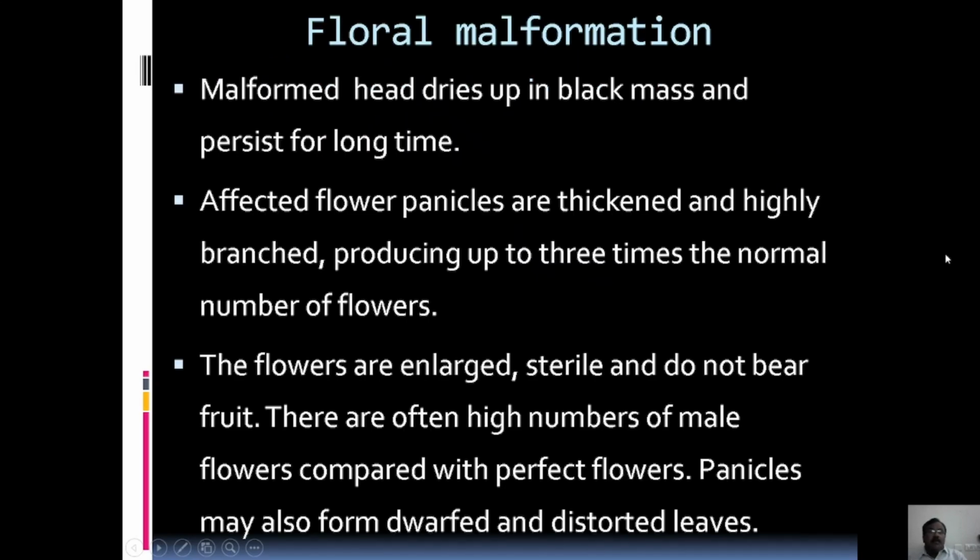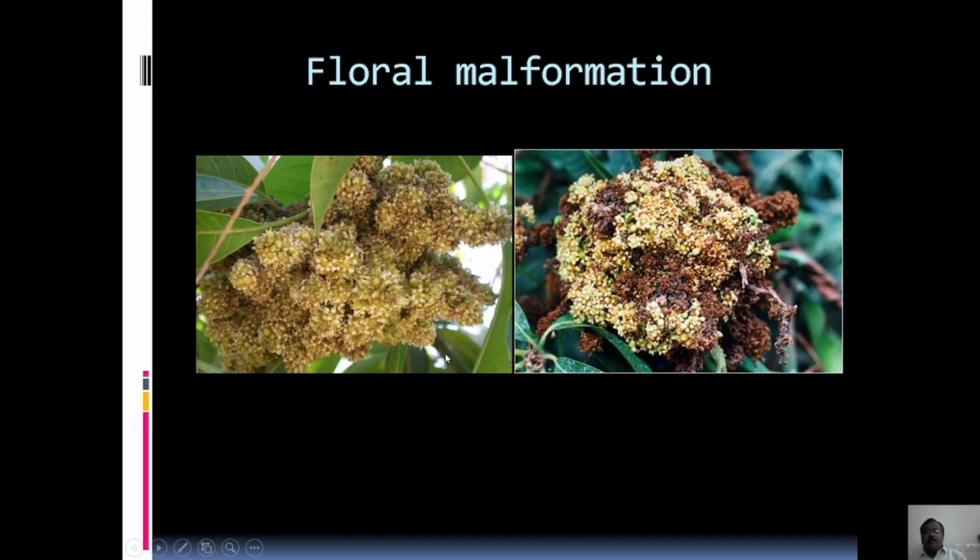And then thirdly, the floral malformation: the malformed head dries up into a black mass and persists for a long time. The affected flower panicles become thickened and highly branched, producing up to 3 to 4 times more flowers than normal. And these flowers are enlarged, sterile, and they do not bear any fruits. There are often high numbers of male flowers compared to perfect flowers. And this is the malformed inflorescence, that is the floral malformation, which may resemble a cauliflower's curd-like appearance